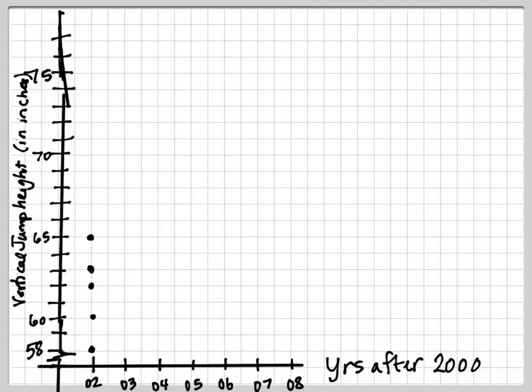Next column, I have 67, 65, 65, 64, 66, and 62. The next year I have 67, 68, 66, 65, 64. Then I have 68 and 70. 67, 66, and 65. And then I have 70,